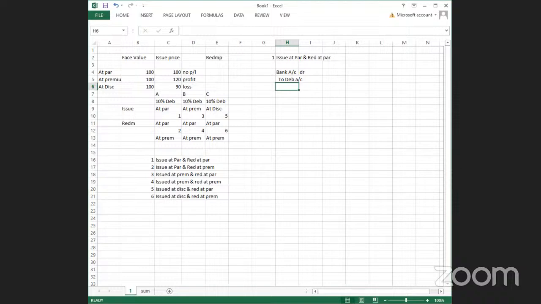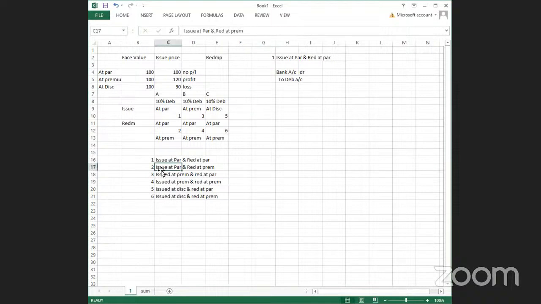Issue at par and redemption at par. So tell me, are we gaining or losing here? No way, isn't it? See here, when we are issuing at par and redemption is also at par, there won't be any profit or loss. Okay, only thing that we have to pay interest for the tenure for which we are holding these debentures. Is this clear, students? Okay, very simple entries. Entries won't differ much in all these cases. Okay, so when you issue debenture, what will be the entry? You are receiving money and liability, that is debenture, is created. So bank account debit to debenture account. Okay,